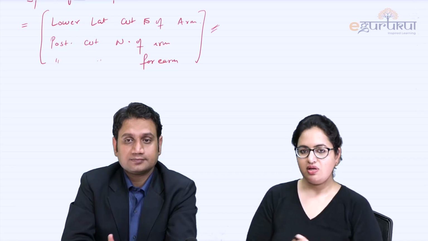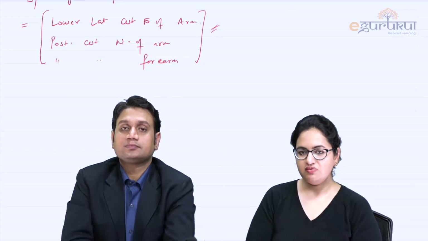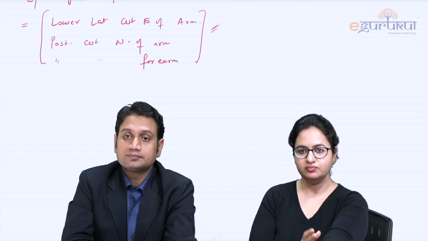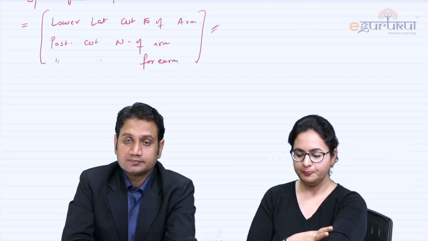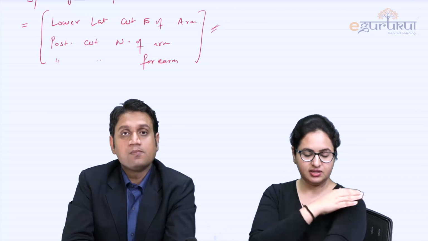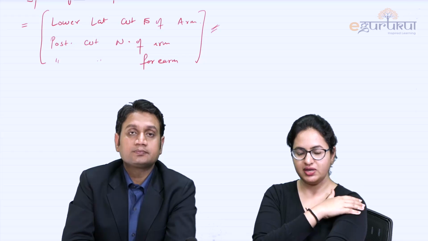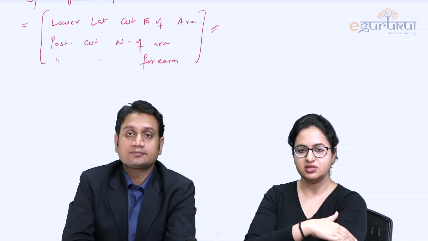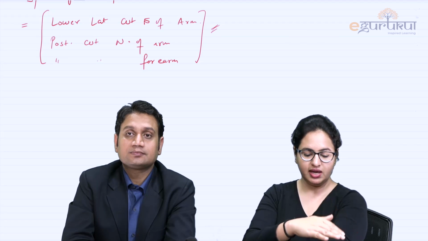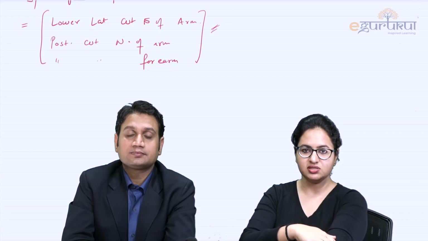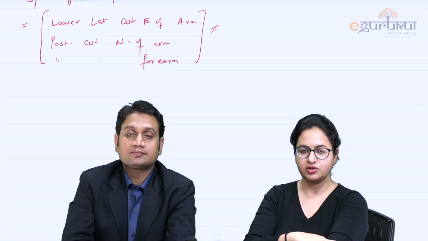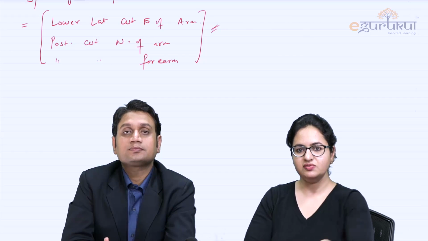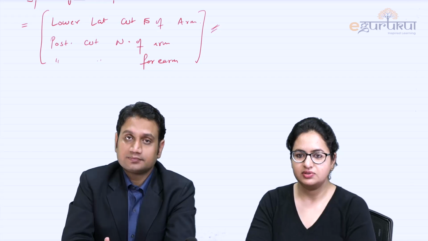So we have just discussed, along with the nerves, the cutaneous nerves, and now we know that on the medial side, the medial cutaneous nerves of arm and forearm are branches of the brachial plexus. On the lateral side, the upper lateral cutaneous nerve of arm is a branch of axillary. The lower lateral cutaneous nerve of arm is a branch of radial. And the lateral cutaneous nerve of forearm is a branch of musculocutaneous. For the posterior side, for both arm and forearm, the cutaneous nerves are branches of the radial nerve.